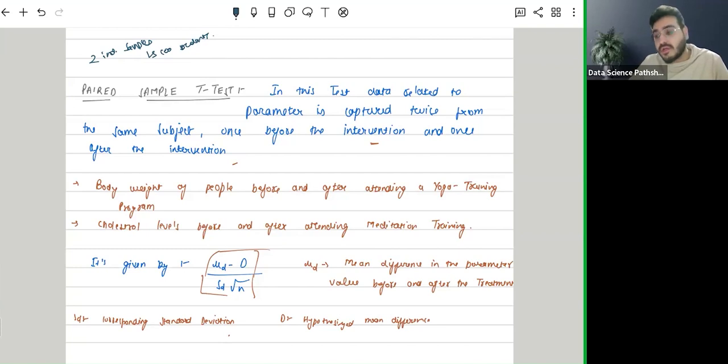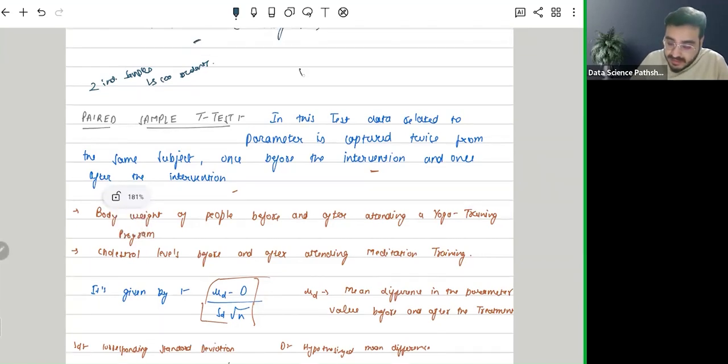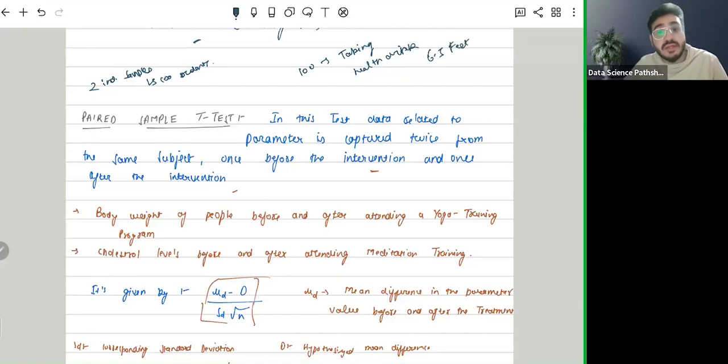If the growth rate of the students who are taking the health drink is significantly higher as compared to the other, can we say that yes, the health drink is helping? Let's say those students who are taking the health drink, I give you one more piece of information. Their parents' average height is 6.5 feet. Then can we say that they are growing taller because of the health drink? We can't, right? That's why when we are doing these kinds of studies, paired sample data can literally give us